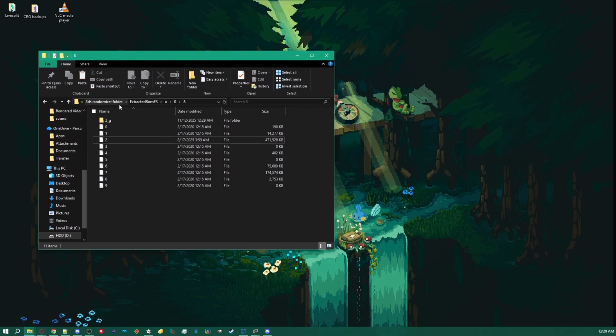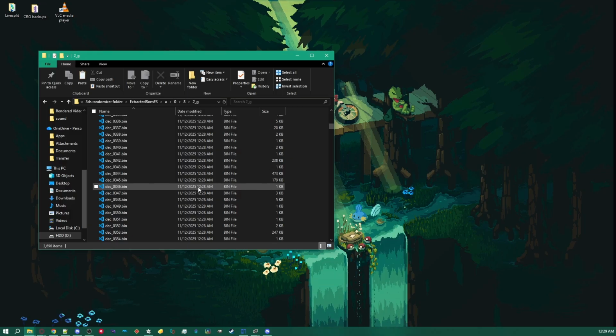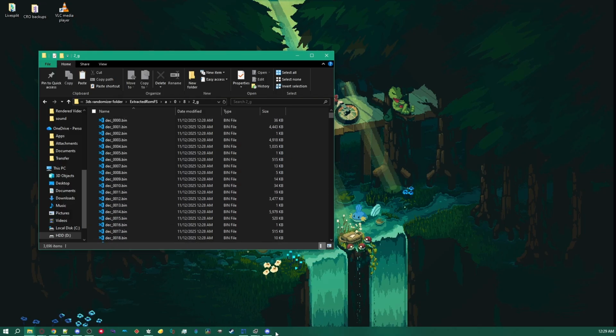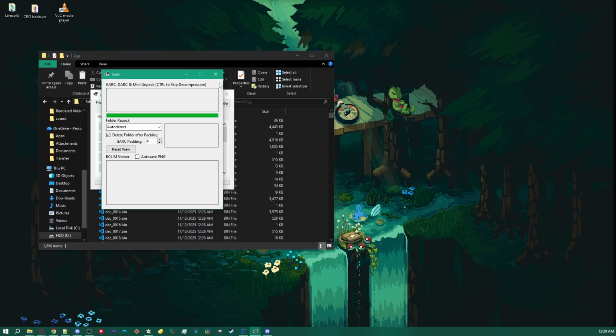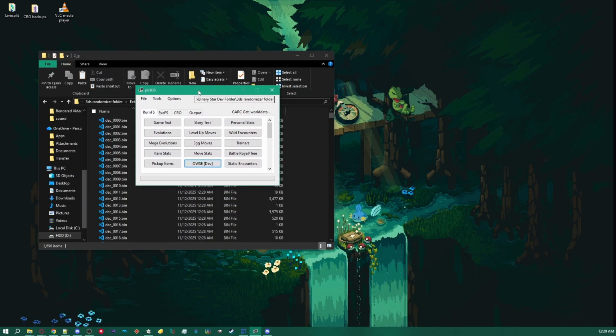First things first, this is the folder that it just created. You'll see it has all of these files. It looks like nonsense, but I promise you it is not. Let's go ahead and go to the Overworld script editor and see how this is relevant. First things first,